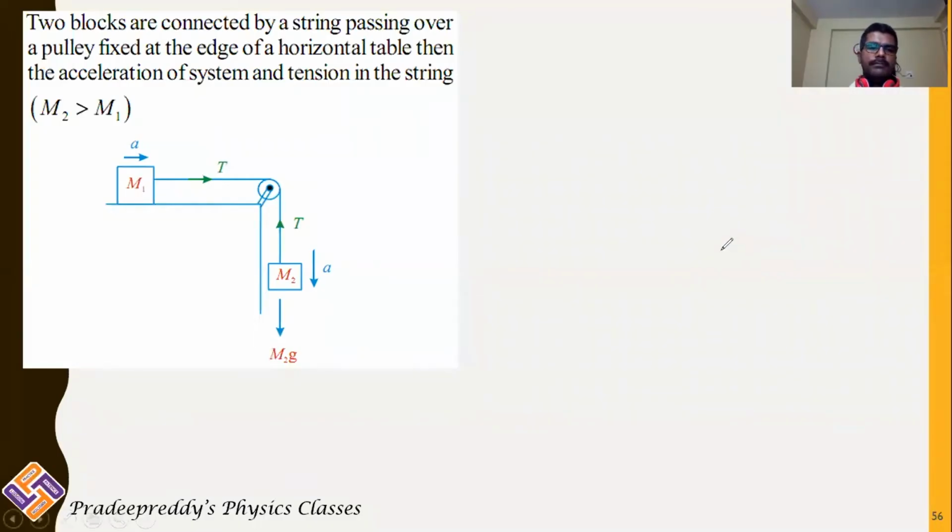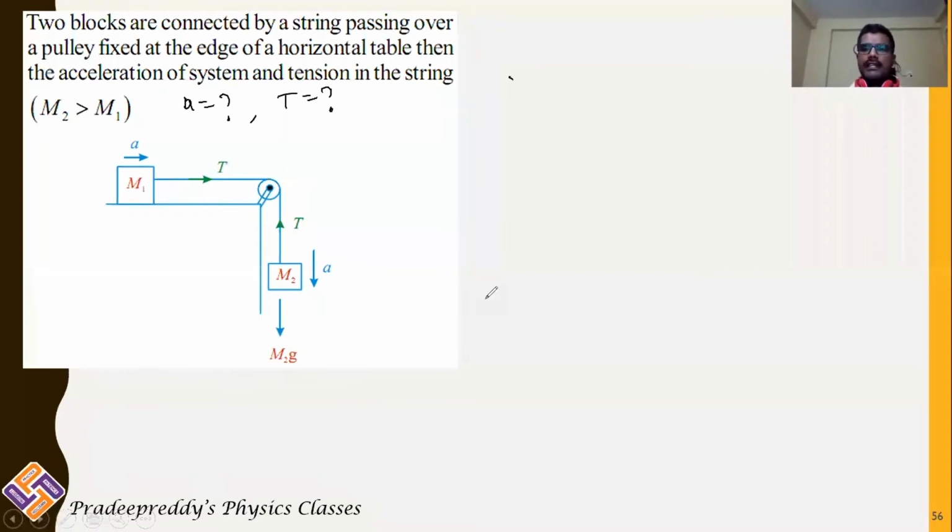Similar model problem. We have two masses M1 and M2 which are attached with a string in which there is some tension T as shown in the figure. You can understand the figure clearly. In this figure, M1 is attached with the string and M2. But M1 is on the horizontal plane, M2 is in the vertical plane. You should now find out what is acceleration A, and you should also find out what is tension in the string. You should use the same procedure which we have done previously.